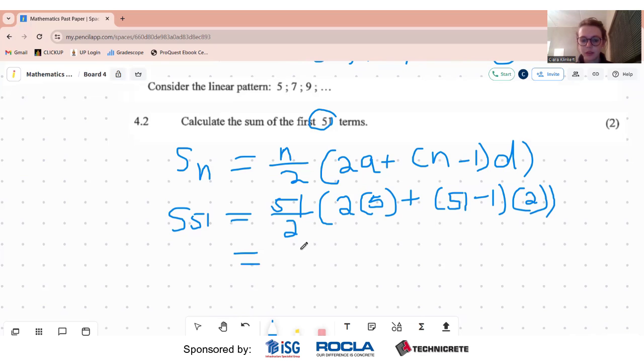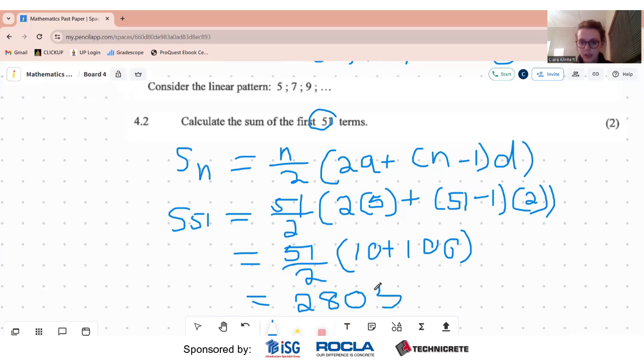You can plug the whole thing into the calculator, but I'm just going to simplify the bracket first. 2 times 5 is 10. 51 minus 1 is 50, times 2 is 100. So it's 51 over 2 times 10 plus 100. If I type that into my calculator, I get an answer of